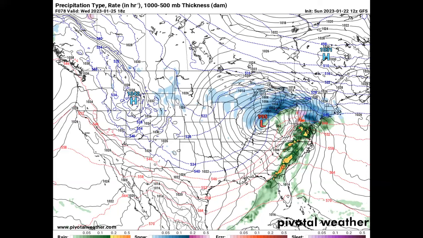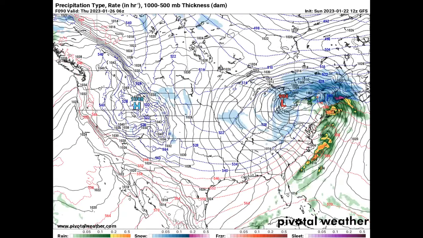But keep in mind, this is not set in stone. Again, it's going to depend on the strength of this high to the north. If it is stronger, then that will suppress this and keep it to the south, and it would keep us in all snow. Now, if we move this further, by Thursday, you could see we're now on the back side